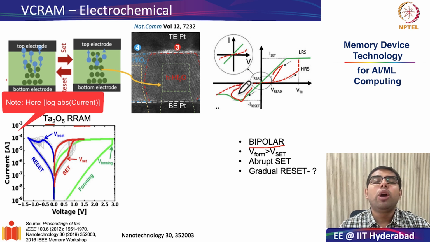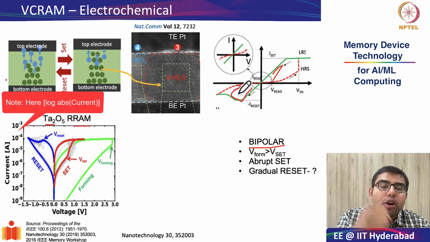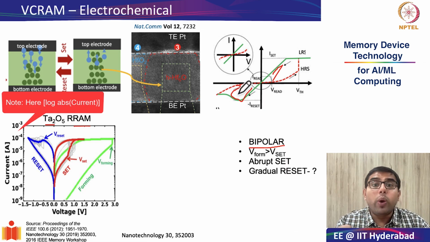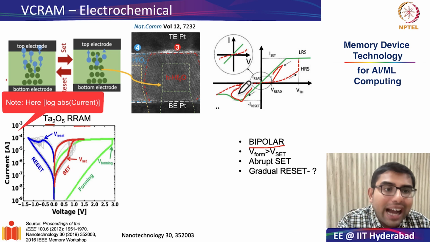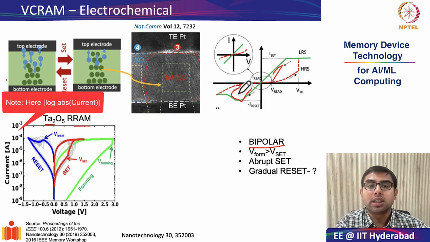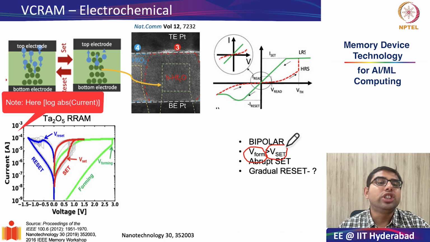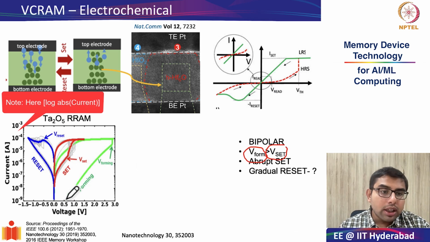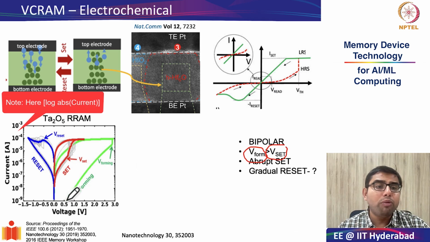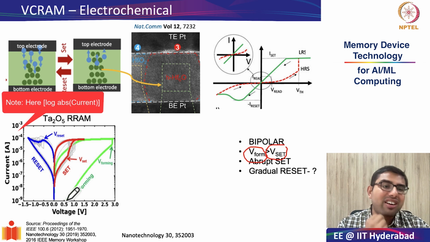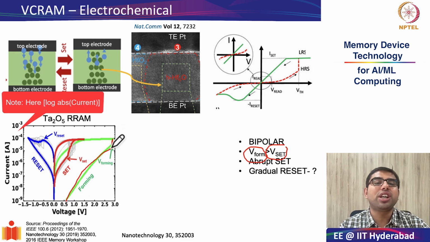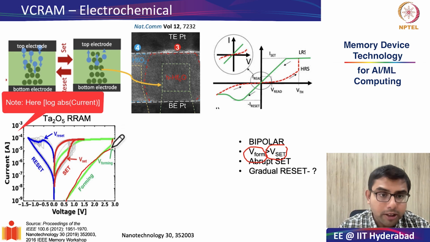And this is common sense because the set process pulls the oxygen anions away from the created defects, whereas the reset pushes them back into the vacancies and these defects. Okay, the other thing that we see is that the forming voltage is much greater than the set voltage. As you can see in this graph, this is your forming voltage. During forming, you turn an as-fabricated or virgin device into a conductive element. So this is the first formation of your conductive filament.